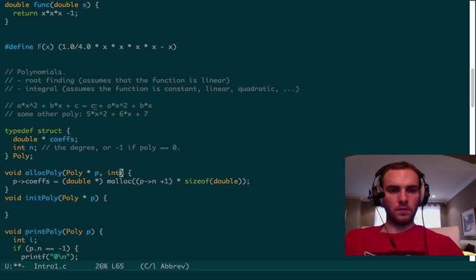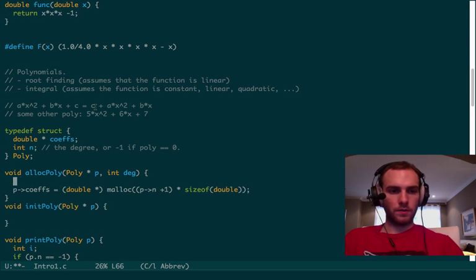The other way, you need to first set the degree yourself. This way you give the degree, then first thing set the degree, then you allocate the memory,